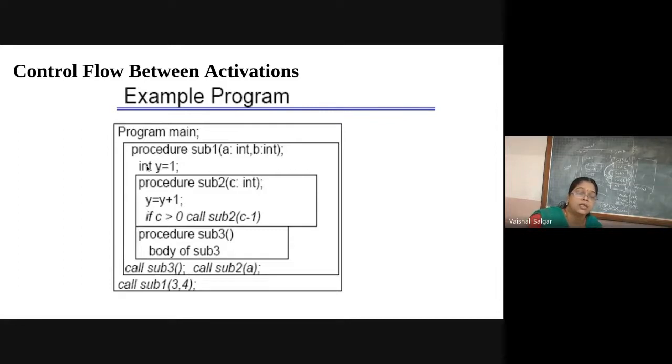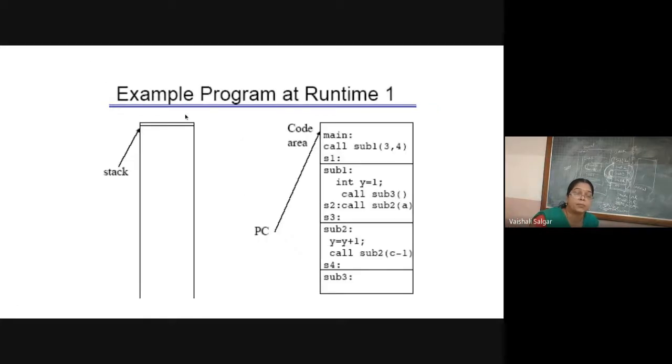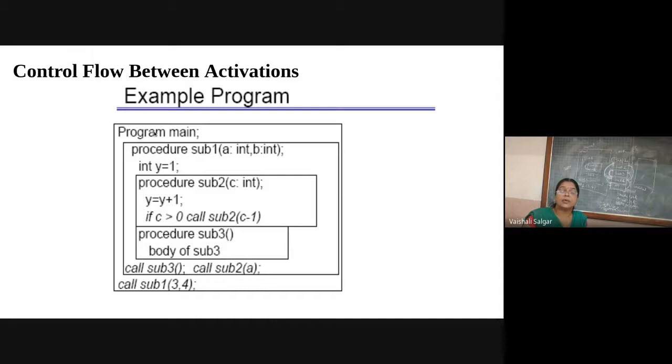So this is the control which I have just now explained on the board for the same example. So see, at runtime, whenever your program is going to start, my program counter or the pointer will point to the main, that is the line by line execution will happen, right? So obviously it will start with the program main.